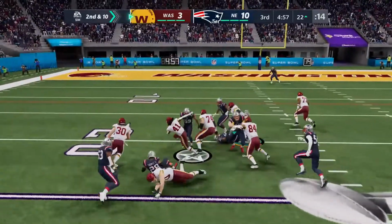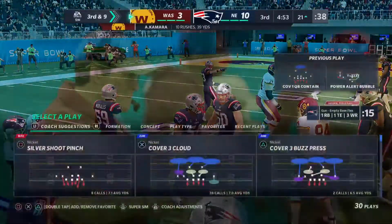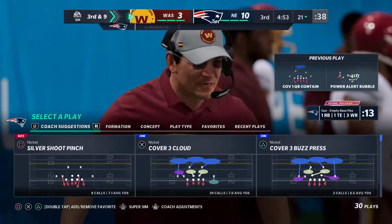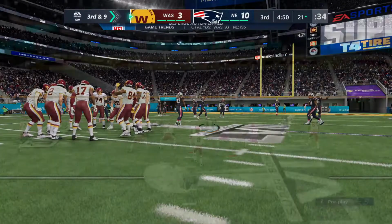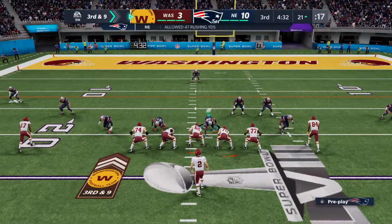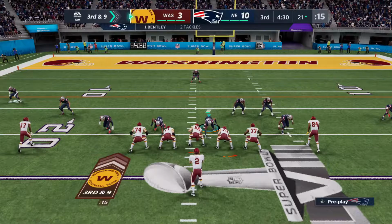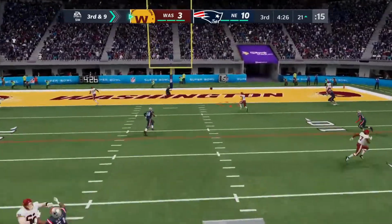Again, it's Kamara, and he'll be taken down near the 20 at the 21. They do get a yard there, but only a yard. Leaves them with 3rd and 9 looming. They know that old expression, it's not my night. It hasn't been his so far. I don't know if the legs are a little bit heavy. Sometimes having to hang out all day and play doesn't exactly play to your advantage, but...